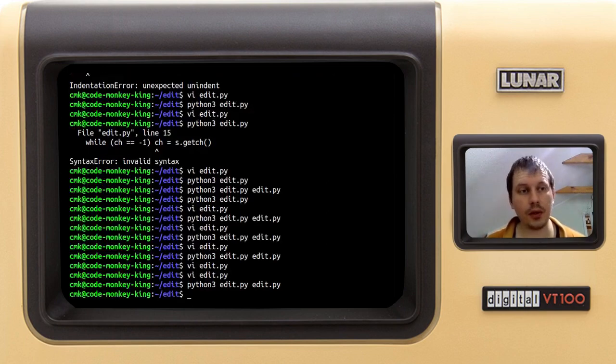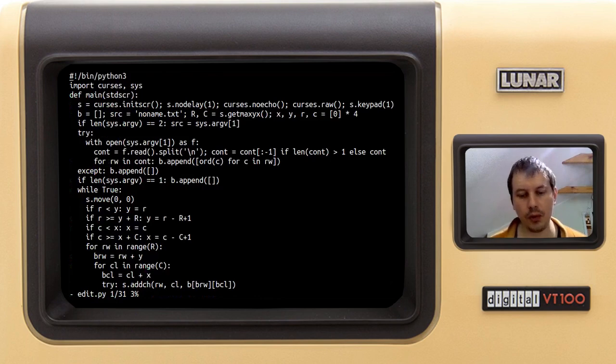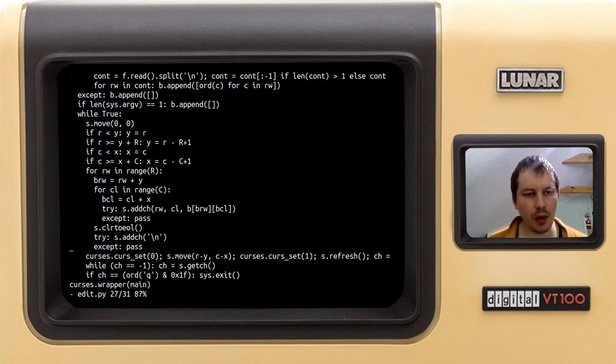Great. Okay, so now we're ready to start implementing the cursor movements, basically. So what happens if the user presses the arrow key, for instance? So let's implement that as well. Yeah, this is the line. So just write below